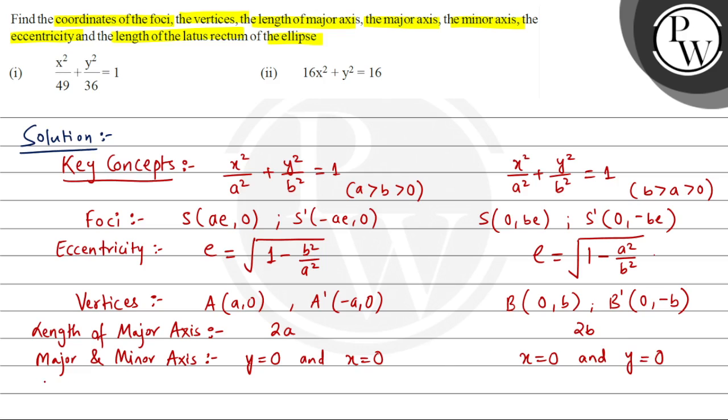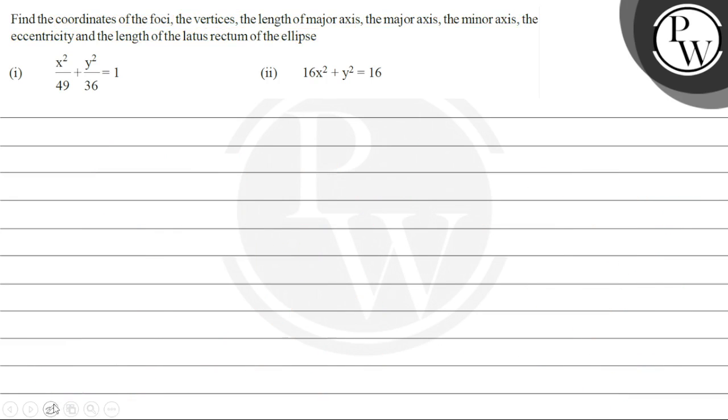And length of latus rectum, we can say LR, that would be considering it as L, and that would be equals to, for horizontal ellipse it is 2B square upon A, and for vertical ellipse it is L equals to 2A square upon B. So solving this question using these key concepts, we will have,